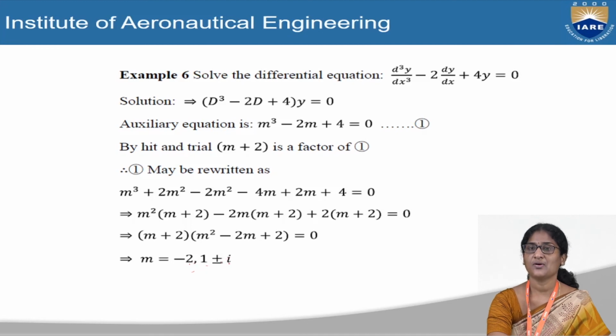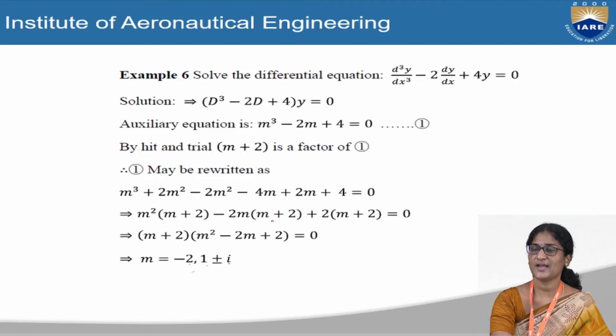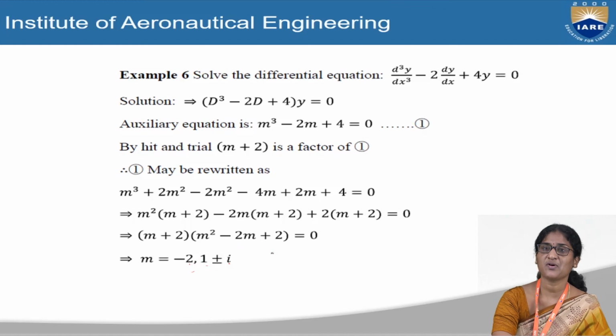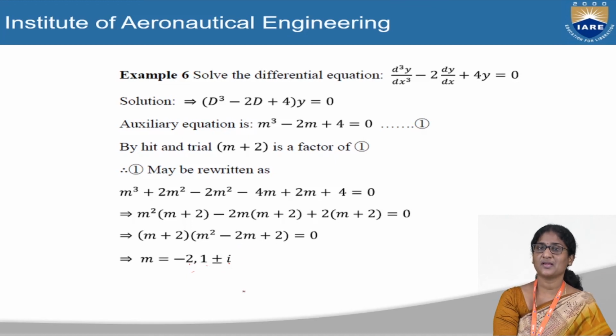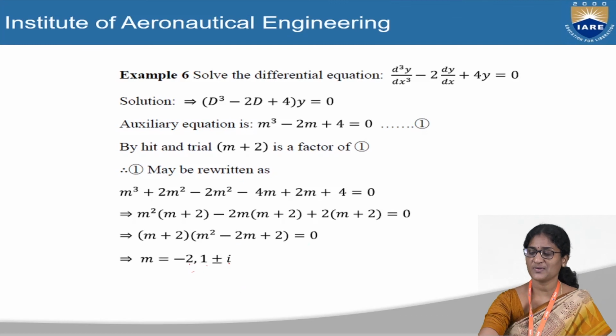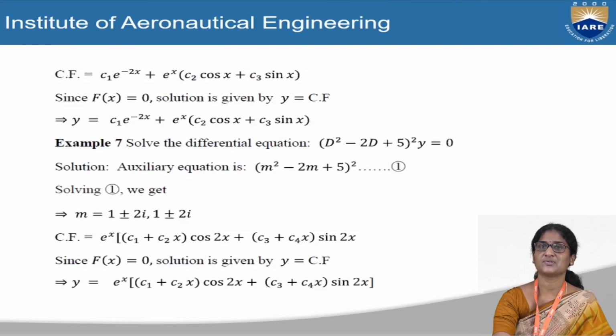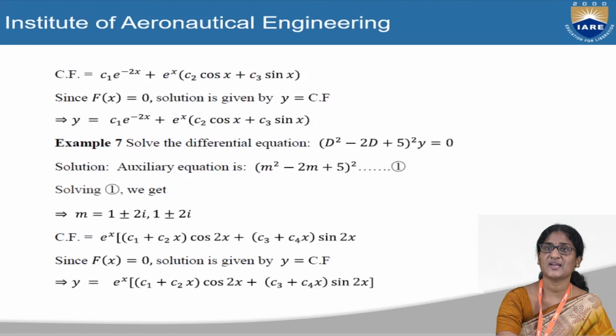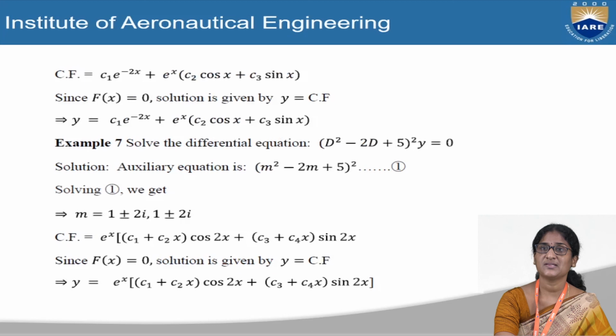So how to write? Here, of course, we have three distinct roots, and the complementary function should have three constants, c1, c2 and c3. But in those three distinct roots, two are complex and one is real. Even in this form also, the roots may appear. A real and a complex root combination may also appear as roots. Now c1 e to the power of minus 2x, as minus 2 is a real root. And another one is 1 plus i, 1 minus i, just like that.